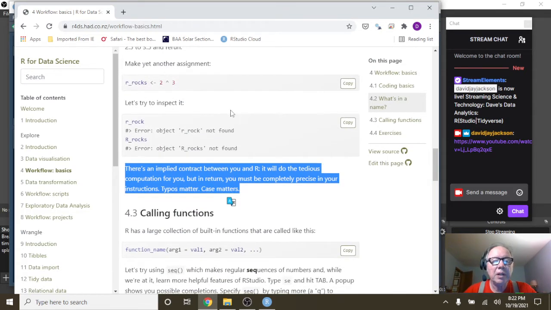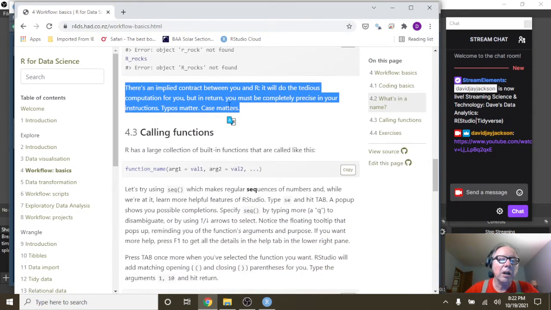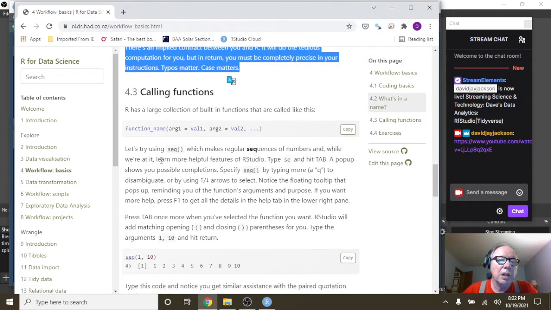Okay. Case matters. R has a large collection of built-in functions, okay, that are called like this. Function name, argument equals val1, arg2 equals this. Okay? Let's try using the sequence function, which makes regular sequences of numbers, and while we're at it, learn more